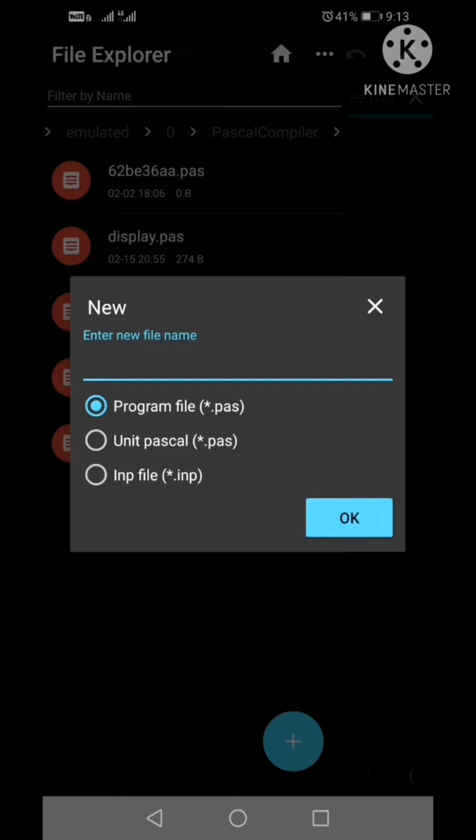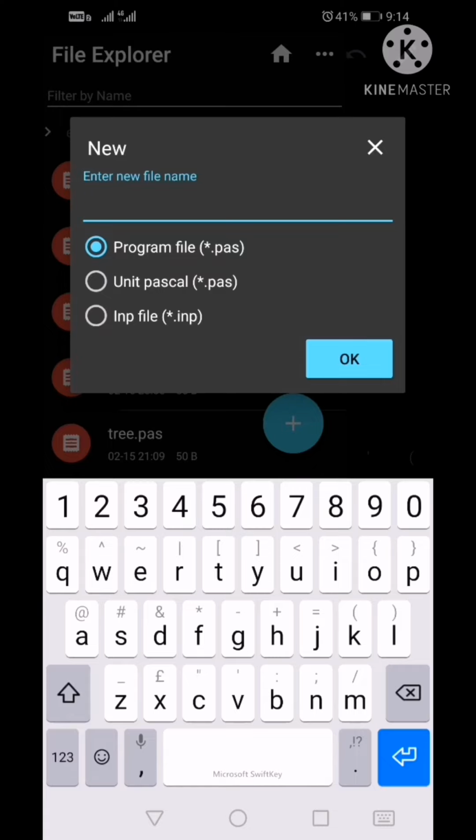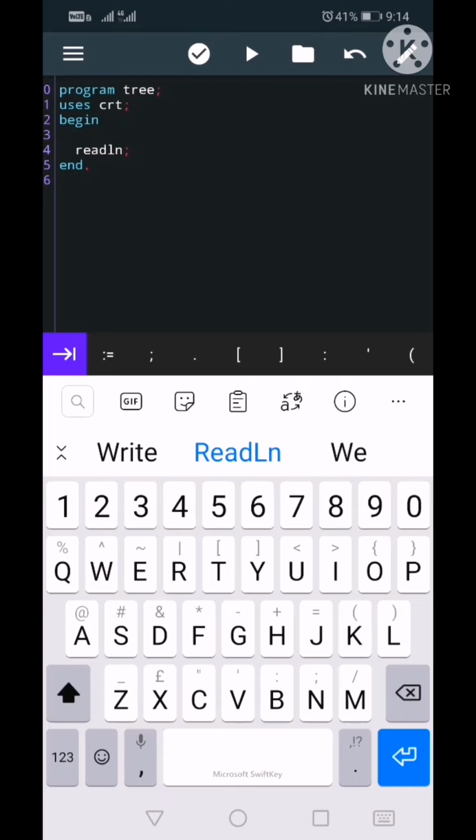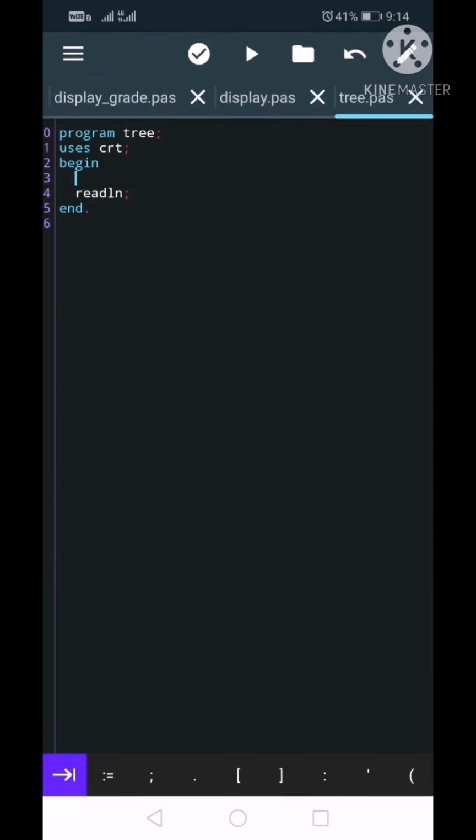After selecting the first option, you have to type a program name to start the coding. I'm just going to give the name tree. Okay, now let's create a very simple program to display a string type line as output.